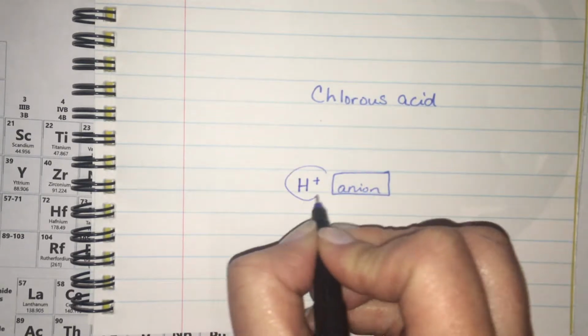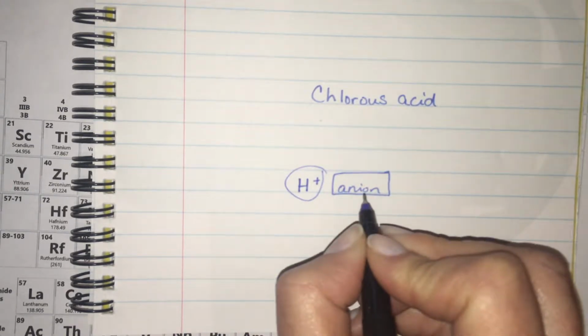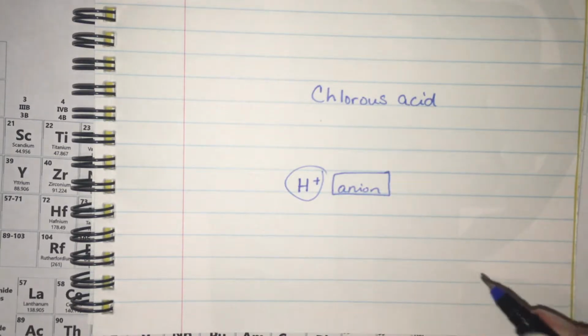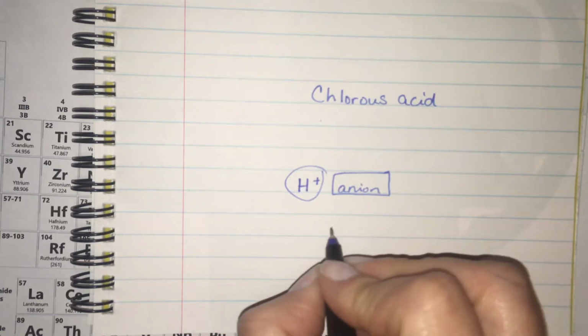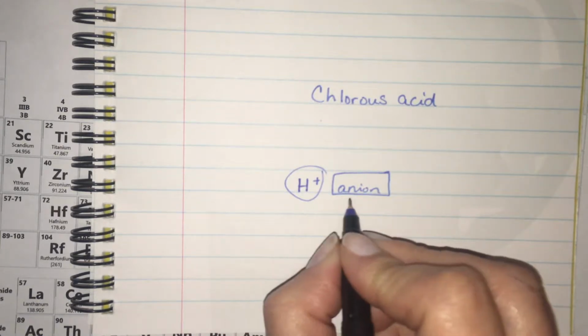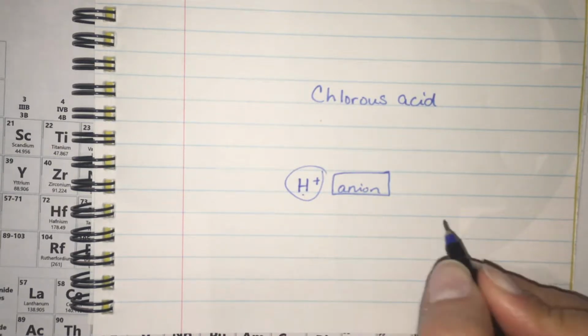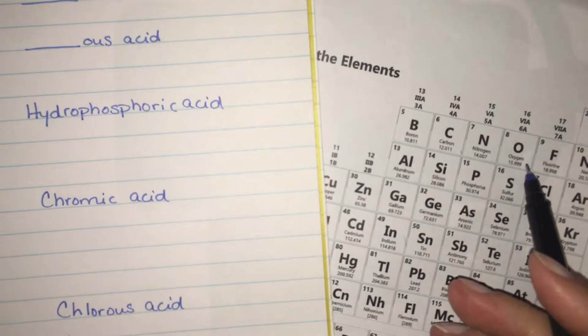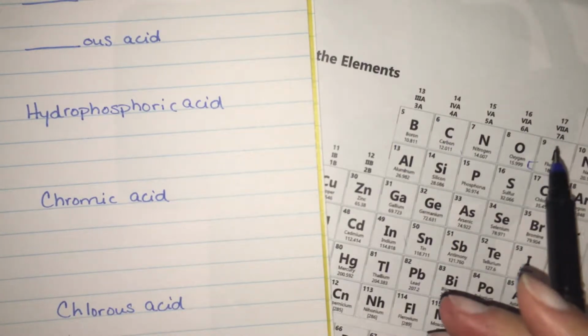Acids will always have hydrogen in them, and the anion is what will be used to name the acid. So we will have the hydrogen and then something. It could be any of these nonmetals in the periodic table, or any of these negative polyatomic ions,